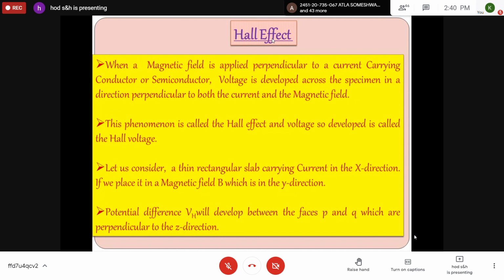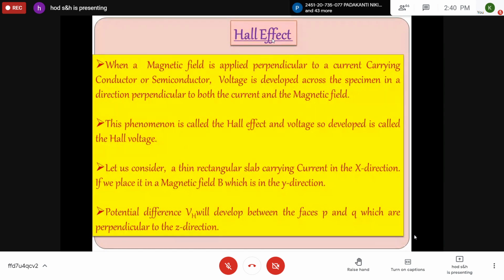And when a magnetic field is applied perpendicular to the material, the electrons experience a force because of the applied magnetic field. They acquire a velocity and experience a force of magnitude B e Vd, where B is the magnetic induction, e is the charge, and Vd is the drift velocity. Because of that, a potential difference is established from the top to bottom of the specimen, with the bottom face negative, because all negative charges accumulate on the negative side.